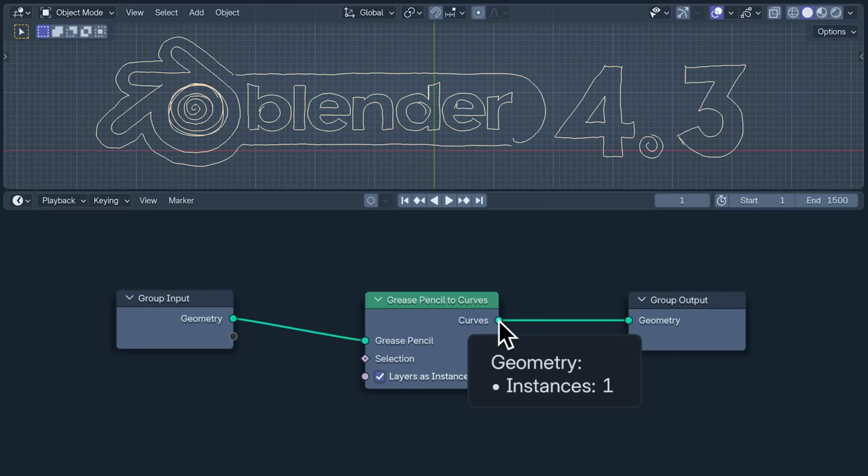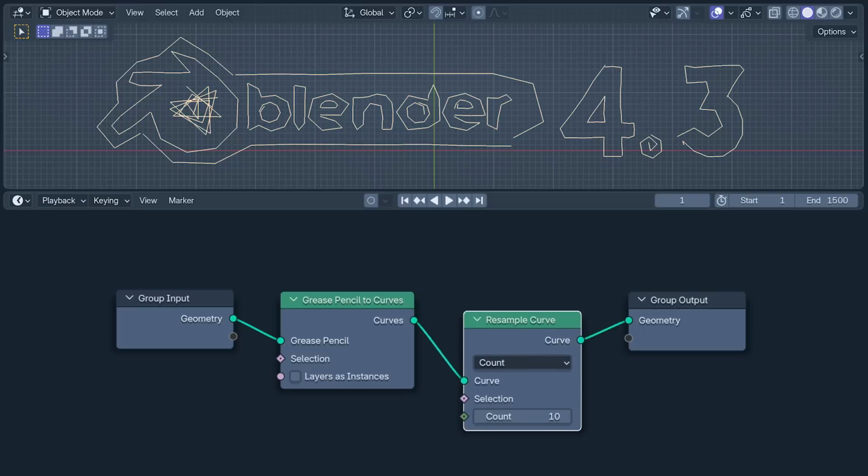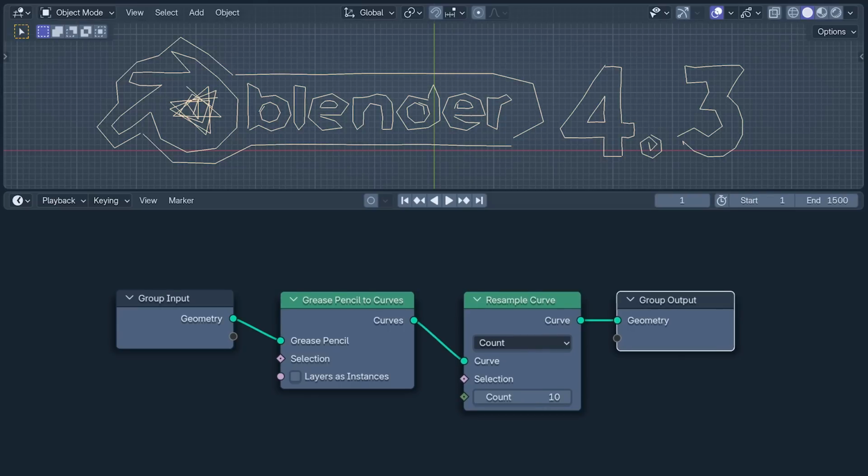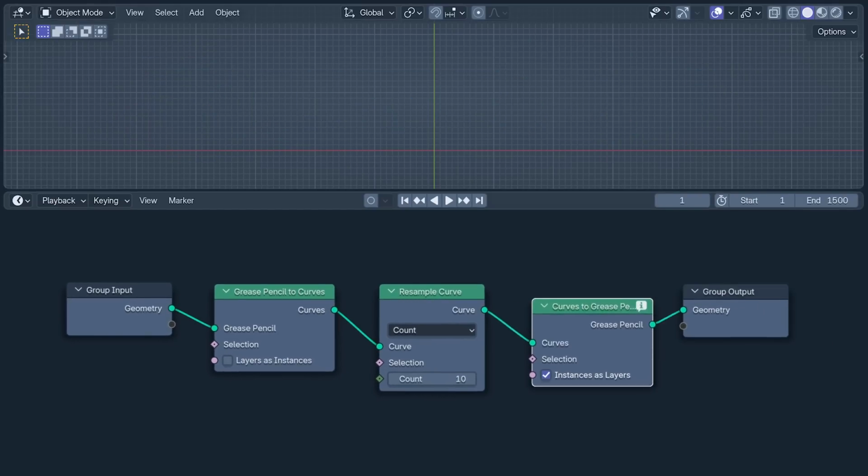So, the grease pencil to curves node has turned our layer into one instance, but we want what's inside that layer, our splines and points. Now 12,451 points is very generous, so we want to reduce this number so our simulation doesn't have to simulate so many points. To do that, I'm using a resample curve node, which looks like the first season of The Simpsons right now,